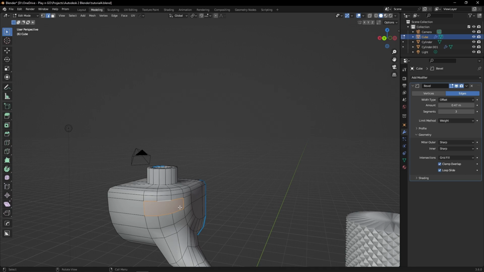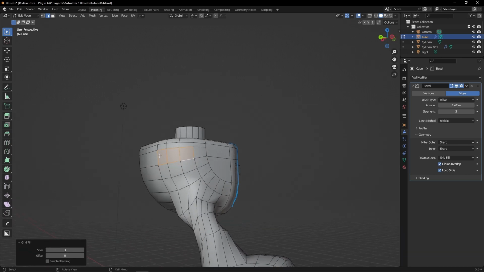So to cap in Blender, just select an edge loop border like this with Alt click, press F, and now it's capped. Blender also has grid fill. So to grid fill in Blender, just press Shift F after selecting a border. You can also scroll this span button here and offset the edges, but this is not a great example as